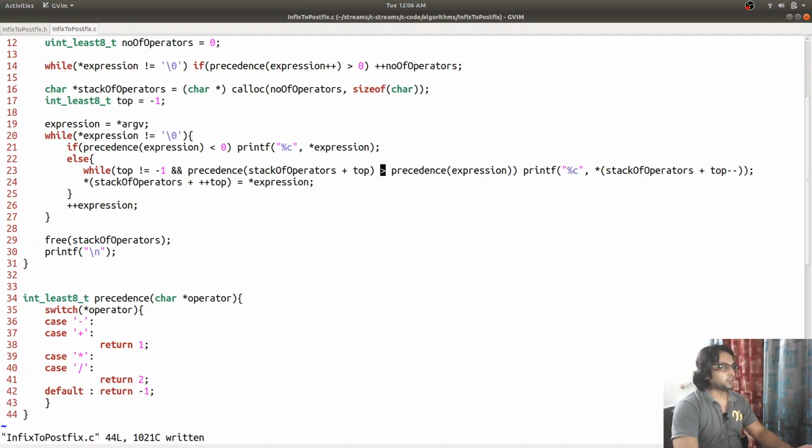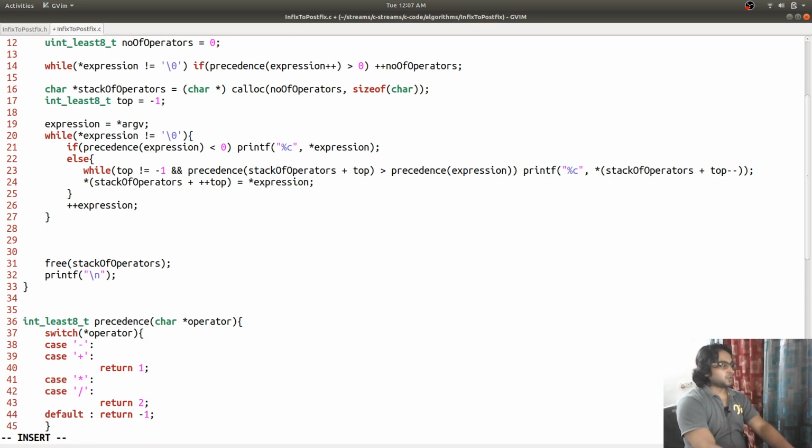Why am I not getting other operators? Oh, I got the issue. What is going to happen, like it happened over here, is that at the end there are going to be operators still in the stack. You need to pop all of them and print them to get the final output.